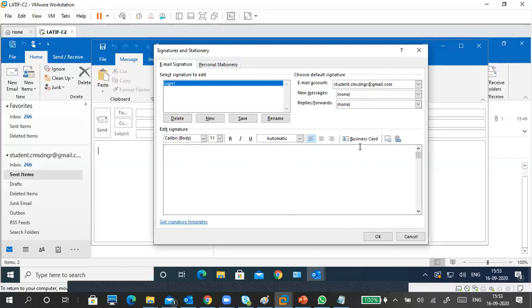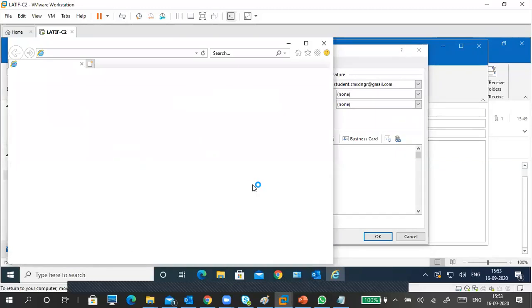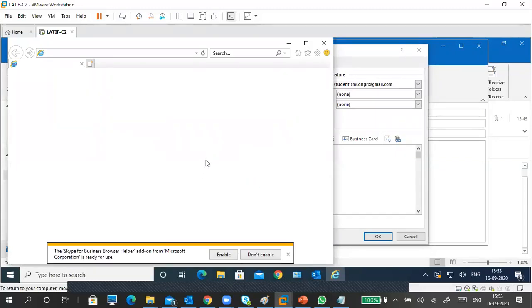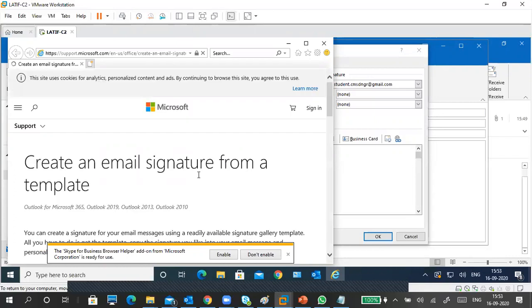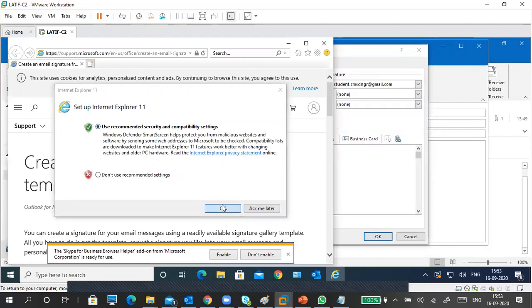Okay. Next one, you can see web links here. If you want to put a web link, a picture, and a business card, like you created your own business card, with your company logo, your name, address, and email ID, you can directly put it in as one signature. There are signature templates also, but if you click here, it will open in a browser and it will take time. So you can create your own signature from those templates also. Any existing templates are there, you can use them.